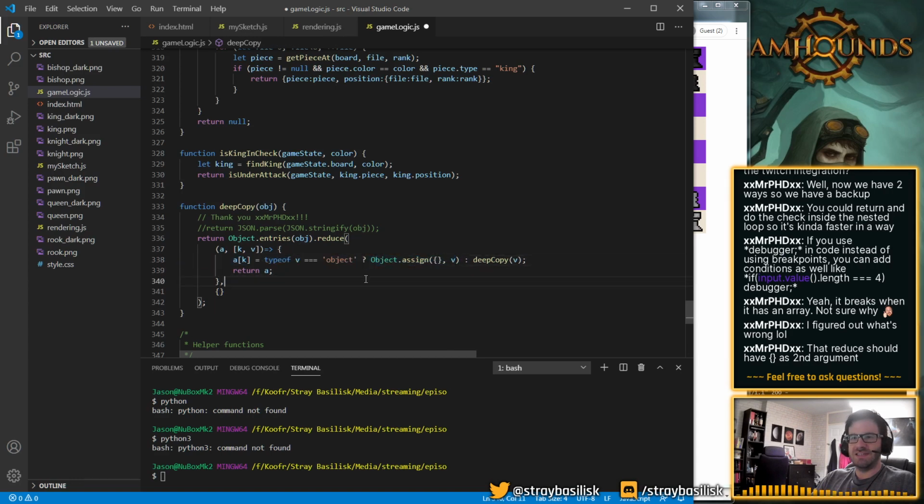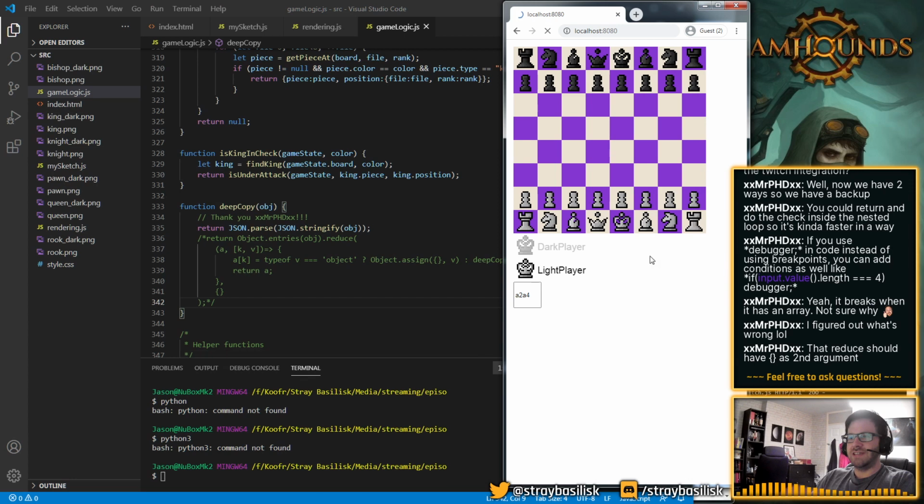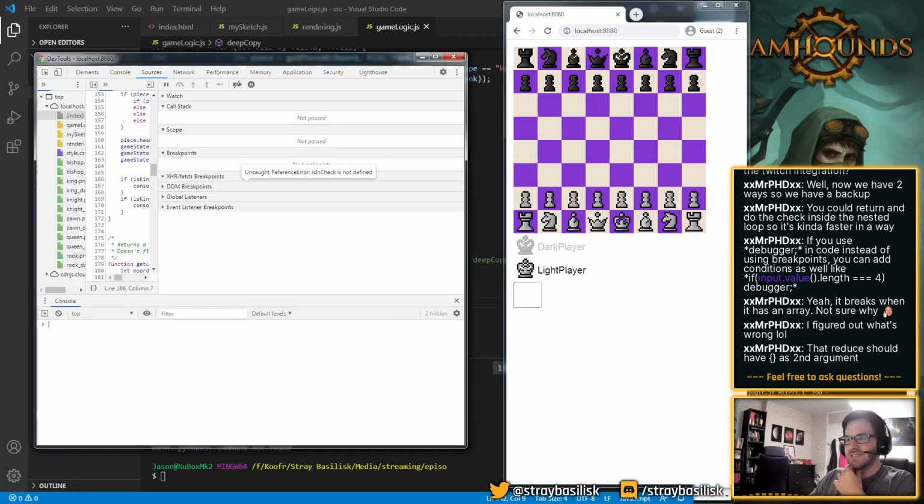It just assigns the properties, but there's deeply nested stuff, so it needs to be recursive surely, so let's just do this for now, because I think that was causing an issue.